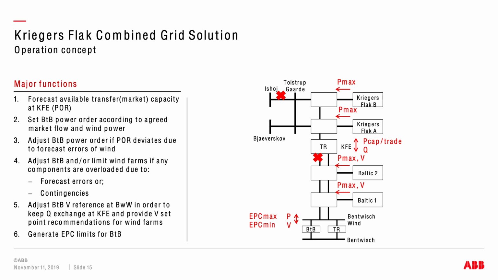And then we implement a real-time optimization, which has to implement those set points by adjusting power reference at the back-to-back. And the actuator is onshore, but the controlled variable is offshore, somewhere in the middle of the Baltic Sea. And this makes the control task challenging, and this is why we have a model-based master controller in here. There may be contingencies. Cables may go out of operation. This reduces the capacity of the interconnector. And then the master controller must react by adjusting the set point, always considering the traded power here. We may also go and reduce the power of the wind farms